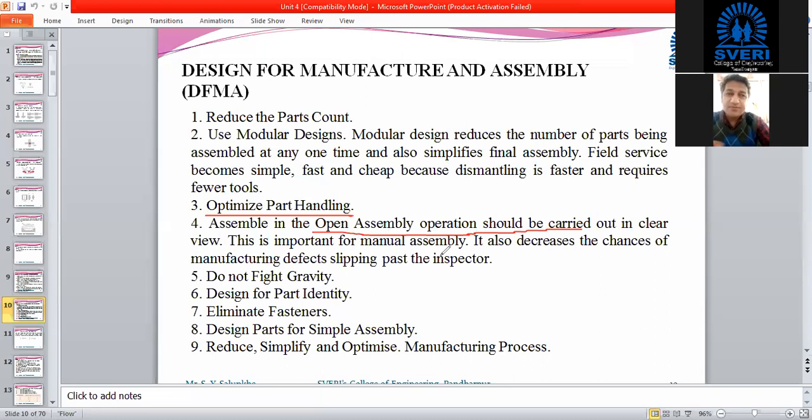So that one component which has been placed on that particular chassis will not become a hurdle for assembling other components. Once you fit the headlights and all that lighting, it will not become a hurdle for placing the next station's assembly on that chassis, like which we have to place first and which we have to place second.